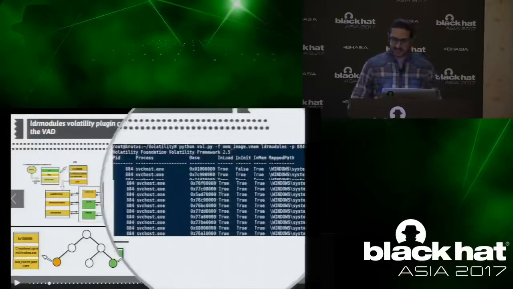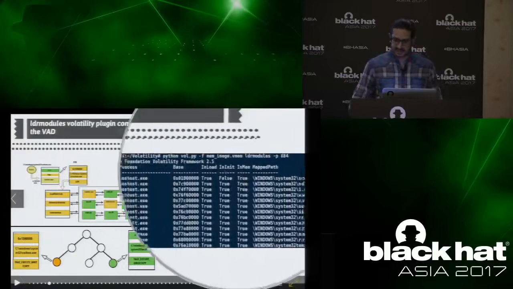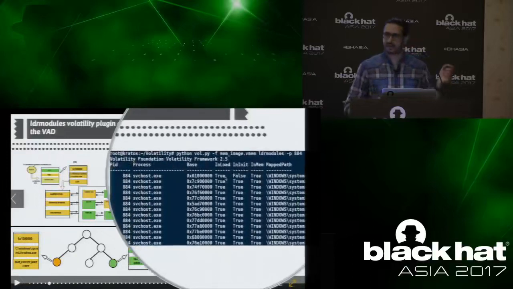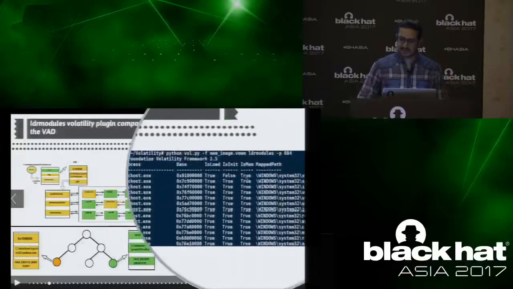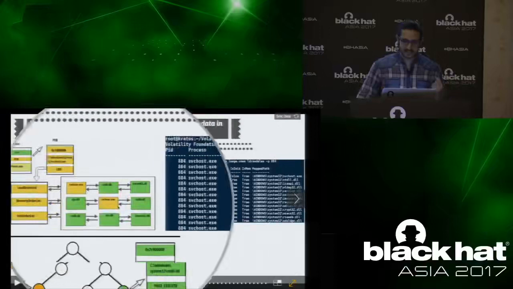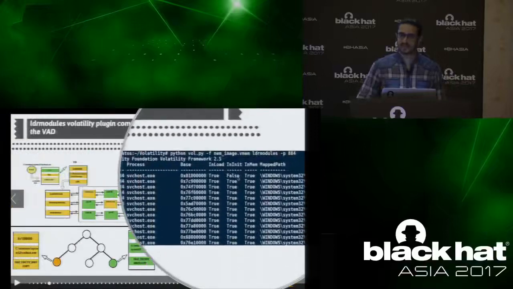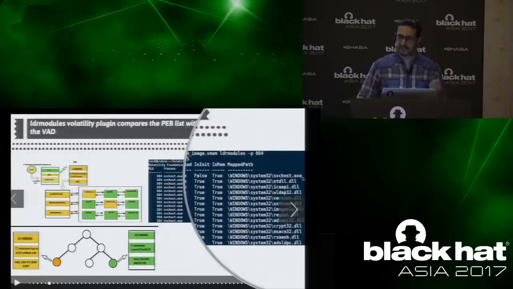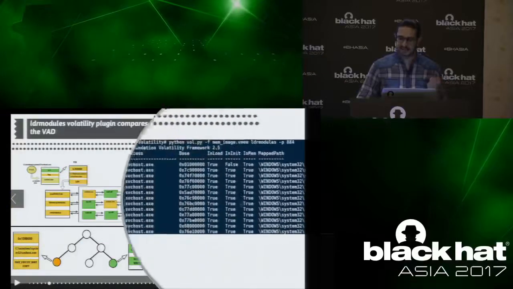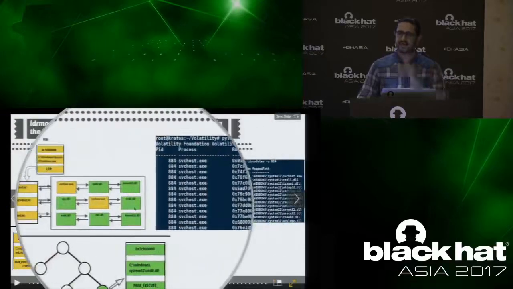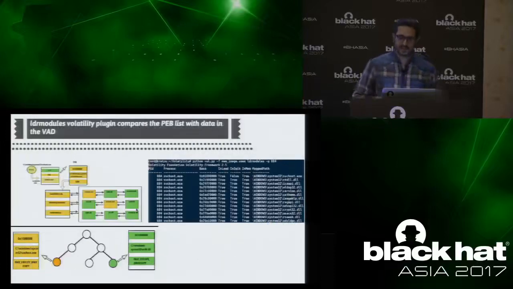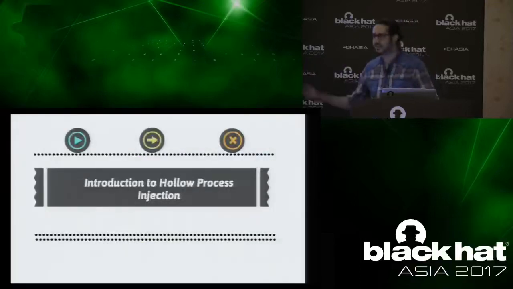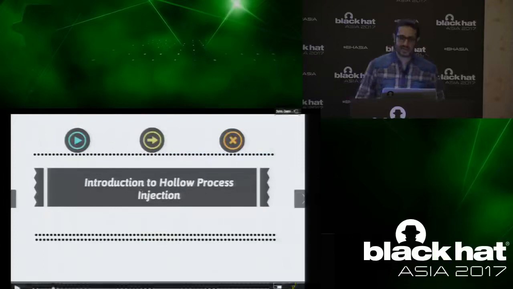For example, here, you see that it is telling svchost.exe is present in the InLoadOrder module list. That is this. And you see it's also present in the InMemoryOrder module list, which is this. But it is not present in the InInitOrder module list, which is expected because this is an executable. Whereas you see all the DLLs, it says True, meaning they are all present in all the three double linked lists. This is a normal case. It's not unlinked. So this is how the tools can enumerate the loaded modules. So that's about the basics of process memory internals that is required to understand this presentation.